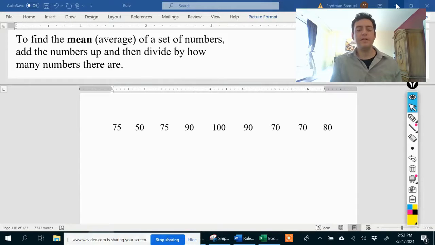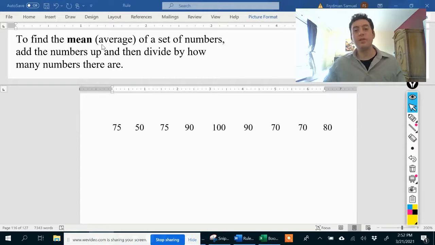Hi everybody. In this video, we're going to talk about mean and median, which are measures of center. In a little while, we'll talk about why they're called measures of center, but right now, let's just focus on how to calculate them. So we'll start with the mean. To find the mean, and by the way, another word for mean is average,